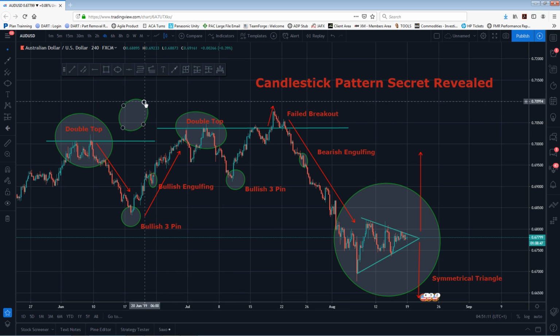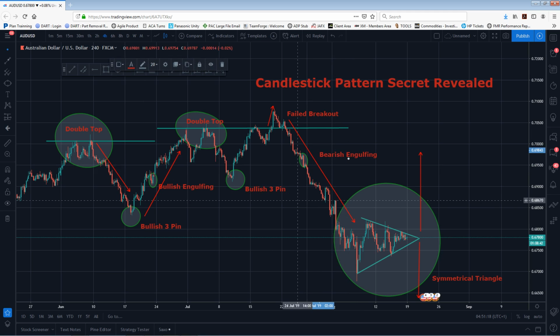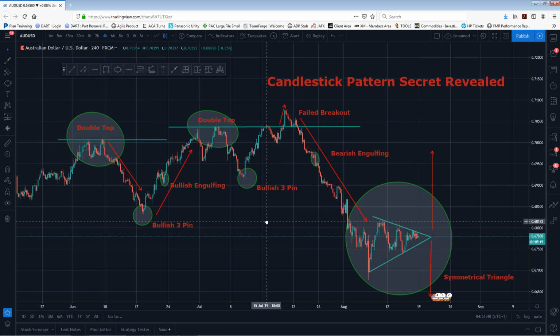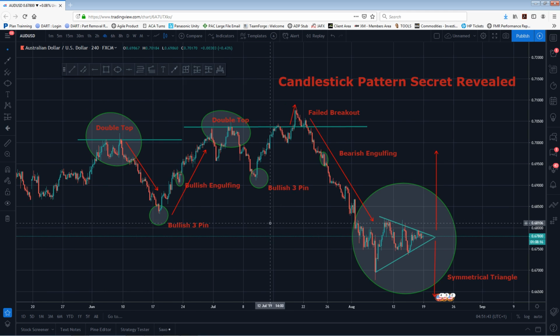So as you can see here, it's pretty easy once you identify the candlestick patterns. And now I'm going to look at the cheat sheet I created for you, and there are many cheat sheets online. However, I custom made you this cheat sheet because I use double tops, the bullish 3-pin formations, and bullish and bearish engulfing. Everything you see here, I use these patterns often because I see them so often in the market. So I'm going to quickly go over the cheat sheet, and then I want you to go over the cheat sheet again, and then on your own TradingView charts, I want you to